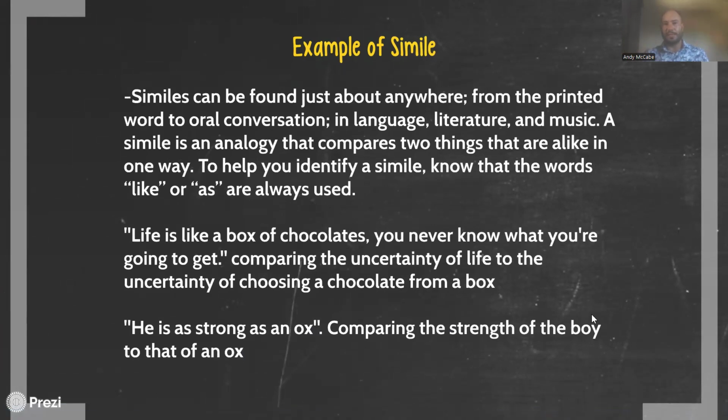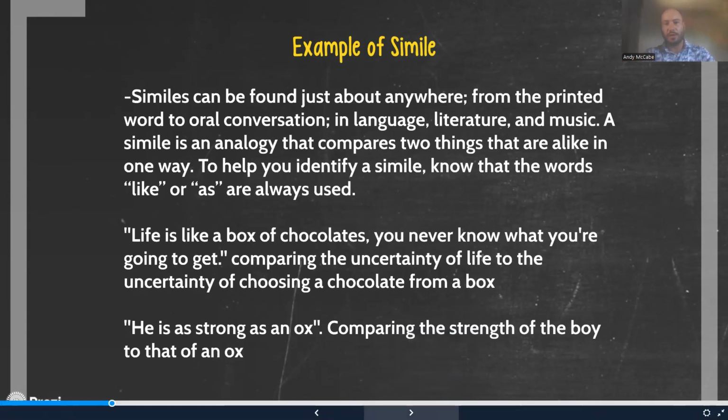So, similes. I think many of you have probably seen the movie Forrest Gump, and you might recall this famous line from the movie. Life is like a box of chocolates. You never know what you're going to get. In this comparison, we are comparing life to a box of chocolates. We're not literally saying it is a box of chocolates. We're saying that much in the way that you can find a lot of variety in a box of chocolates, life can also give you a lot of variety as well. So we use like to connect these ideas and to compare them.